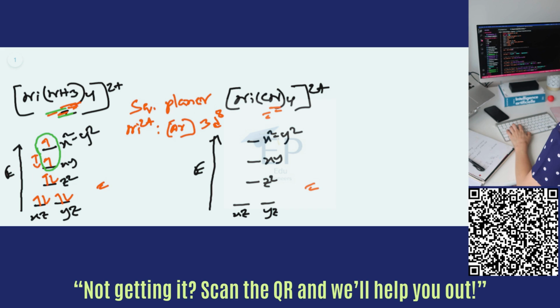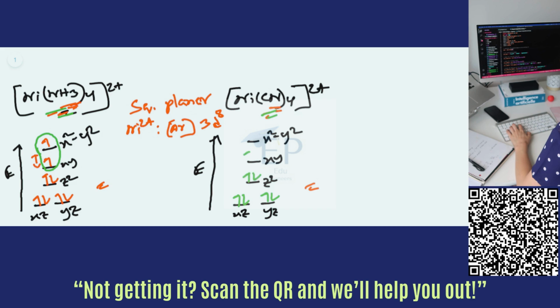And in case of this tetracyanonickel complex, since cyanide is a strong field ligand, the energy gap between the orbitals will be comparatively higher, and that's why electrons will occupy the lower energy orbitals first, filling up completely like this: 2, 3, 4, then